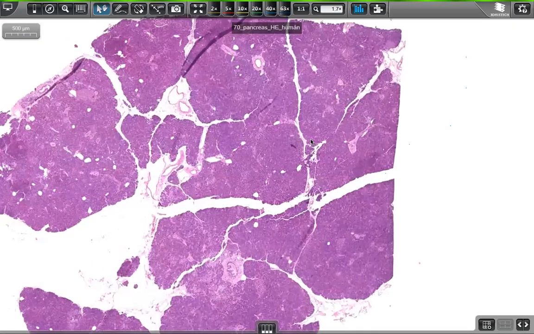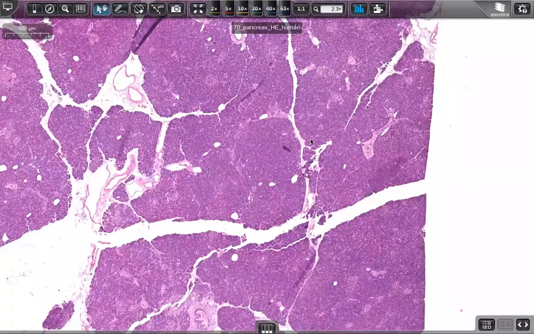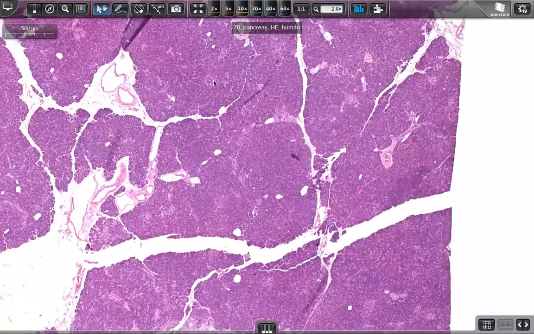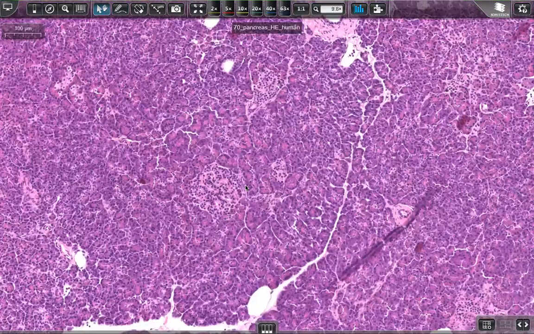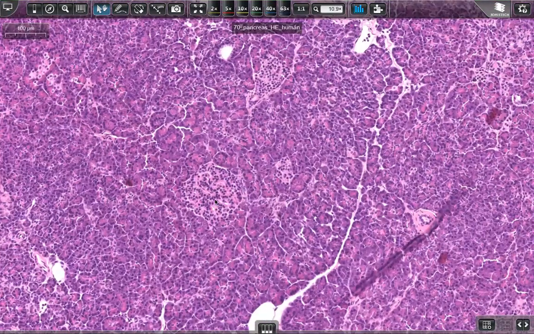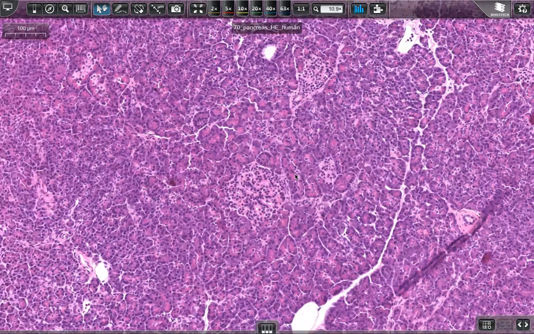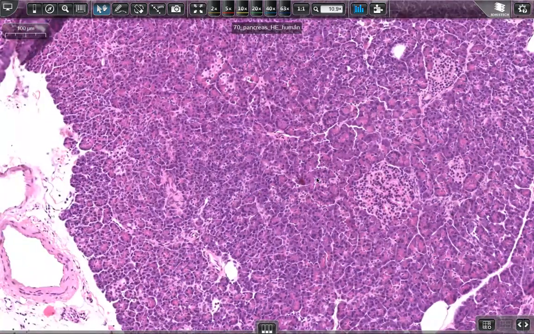When we increase the magnification, we can find some circular islands in the pancreas. These are the islets of Langerhans. These are paler circular structures. These form the endocrine part of the pancreas. It's covered by next semester. So we should focus on the glandular, the exocrine part of the